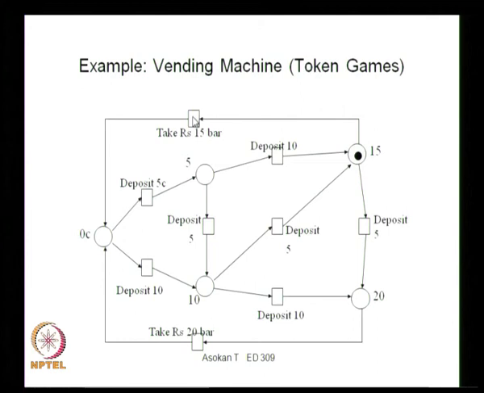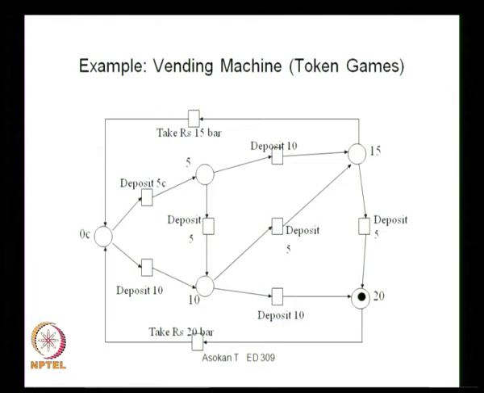So this can be activated, or you can actually deposit another 5 and take the 20. So here, another 5 is deposited, and now 20 is activated. So the 20 place is active, and this is connected to the 20 transition of take 20. So you can actually activate this and take the 20 rupees snack, and then the transition will go back to the